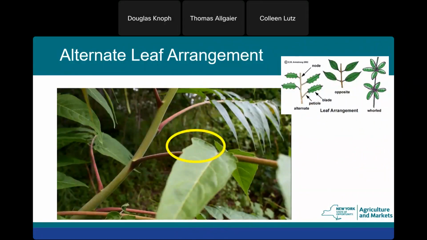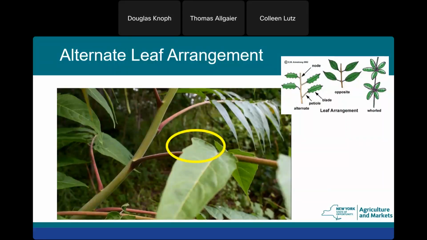The leaf arrangement is, as I mentioned, alternate. It's a tree identification tool, that either the leaves are in whorls, opposite, or alternate. This particular tree has alternate leaf placement, and at the base of each of the leaflets along each leaf petiole, because they have a compound leaf, you'll see this little nub or notch or thumb at the base of the leaf. That's a good indicator that it's Tree of Heaven, not one of the many lookalikes like black walnut or sumac, which are both hosts also.